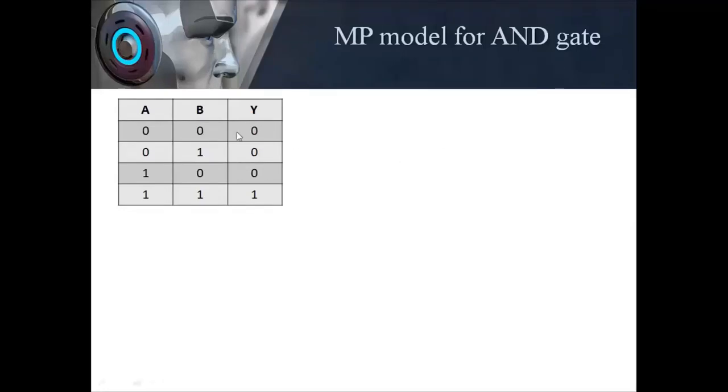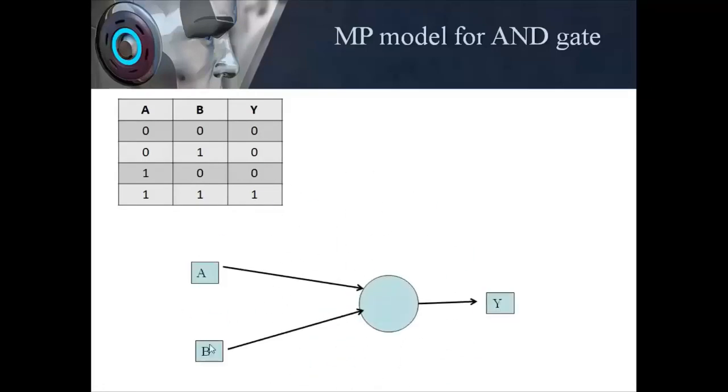We can see this is the truth table of the AND gate. So in the simplest form, I can think two inputs are being applied and one output has to be there. I know my input is going to be 0 and 1, my output is going to be 0 and 1, because that is the restriction: input will always be bipolar, and output will always be bipolar in nature.